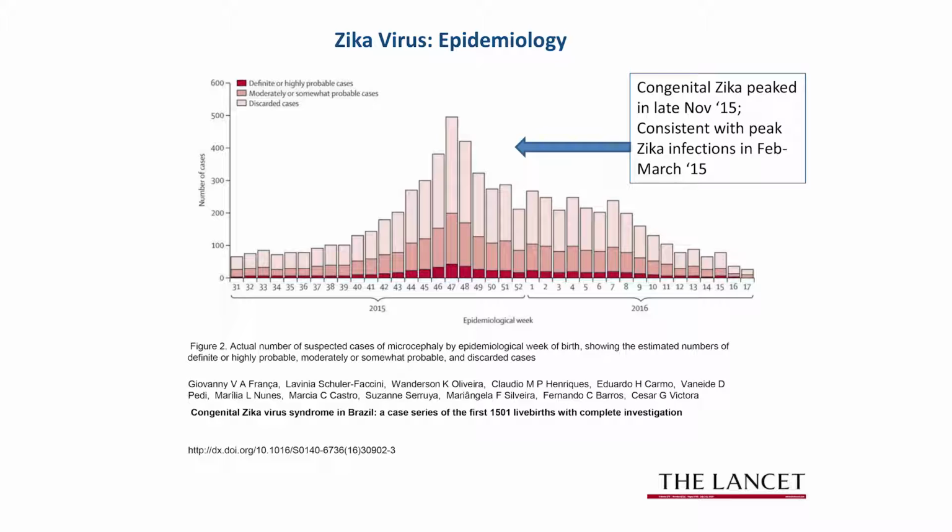One thing that is concerning is this article that looked at the rate of newborns that were evaluated for Zika by the neonatologists or pediatricians, and this spike is in November of 2015. So that peak area, November 2015, matches up with the peak of the mosquito season, which was February and March, and then you go forward 9 months in the pregnancy to November, and there's a huge increase in the